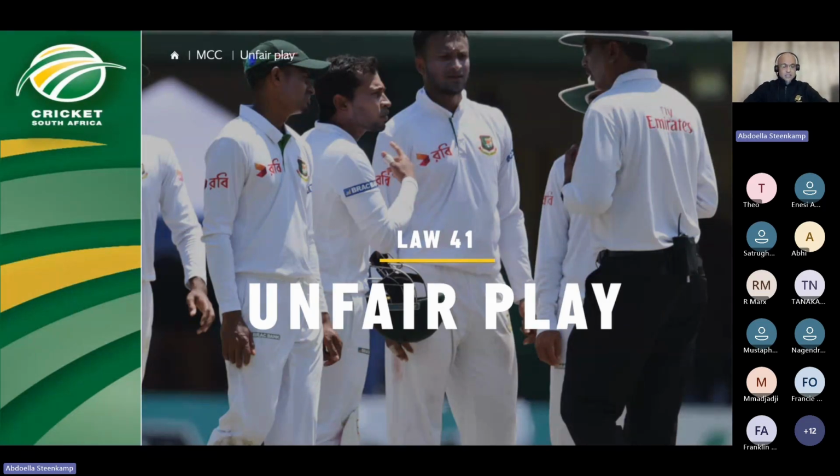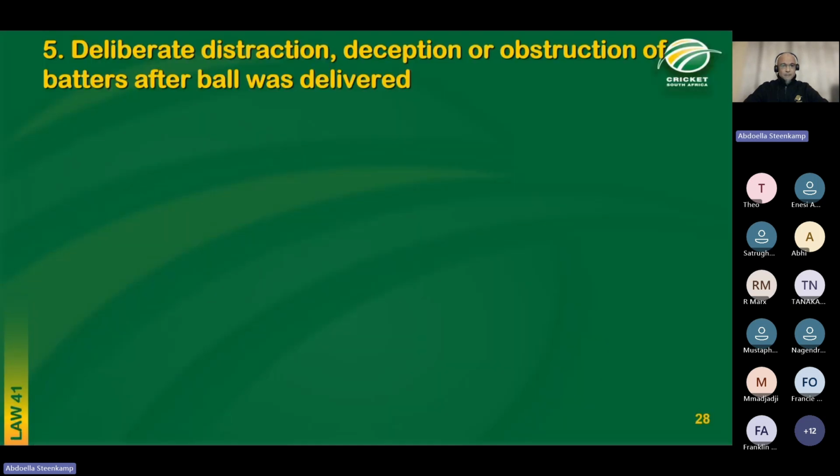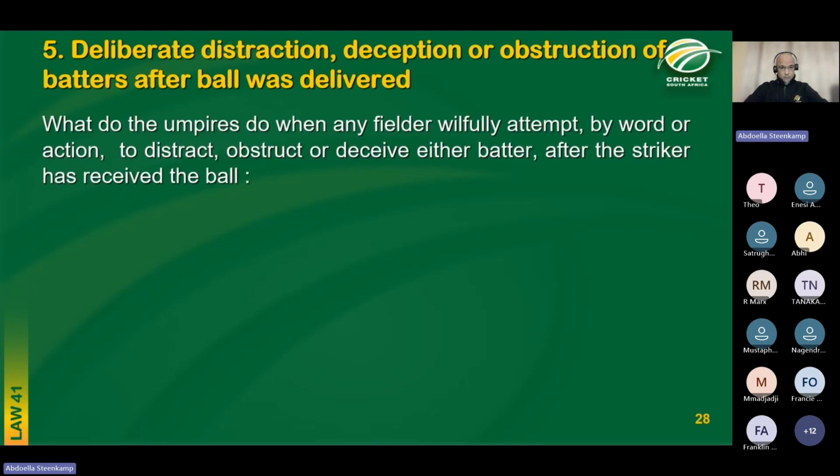So the first subsection that I'm going to cover is what happens if there was a willful or deliberate distraction, deception, or obstruction of either of the batters by any of the fielders after the ball was delivered. So the law guides us, and firstly the law tells us